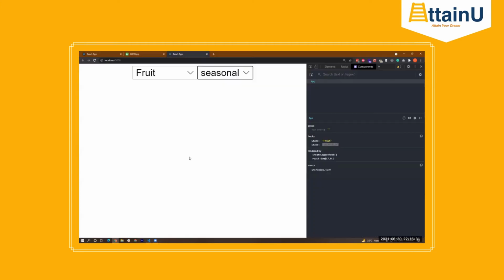Okay. So now if we look, refresh, fruit, seasonal, right? State is also proper and whatever is in the UI is also correct, right? So let's change to vegetables. It becomes leafy and that is the state here also. Main category as vegetables, state as leafy, right? If we change back to fruit again, automatically the second state or the subcategory becomes seasonal in the state also. Earlier it was not happening like so, right? The UI was changing, but the state was not, right? So our second level of dropdown is also done.